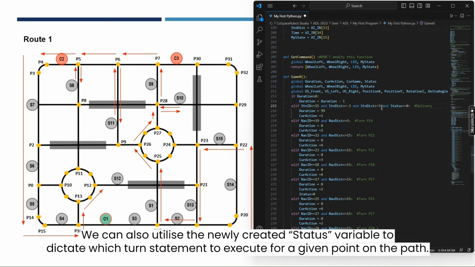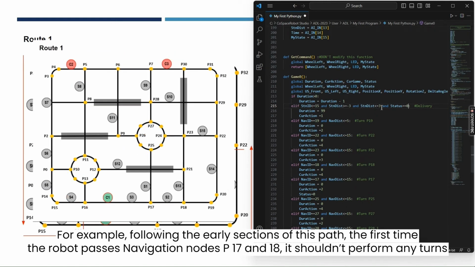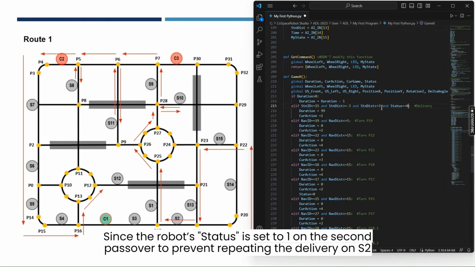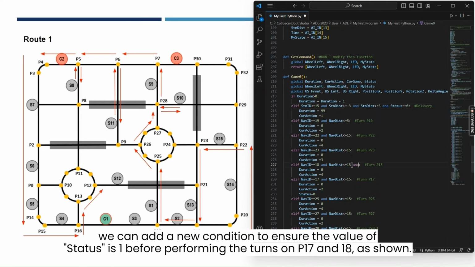We can also utilize the newly created status variable to dictate which turn statement to execute for a given point on the path. For example, following the early sections of this path, the first time the robot passes navigation nodes P17 and 18, it shouldn't perform any turns, but on the second passover, the robot performs turns on them. Since the robot's status is set to 1 on the second passover to prevent repeating the delivery on S2, we can add a new condition to ensure the value of status is 1 before performing the turns on P17 and